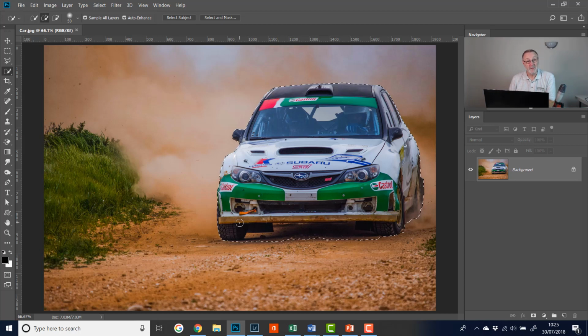I've got an idea of what I want to do with this, which is to try and make the background black and white. So there are some pieces under here that I need to deal with. Now I know this Quick Selection tool probably won't do a very good job in here because of the contrast issues. So for this, I'll select my Polygonal Lasso tool, and I'll have it on Subtract from Selection, and then I'll just try and draw around the bits that I don't want in here. So I'll go along here up to the bumper,